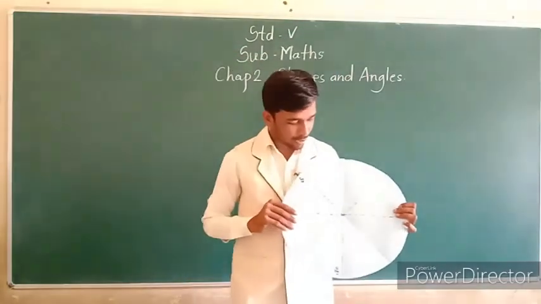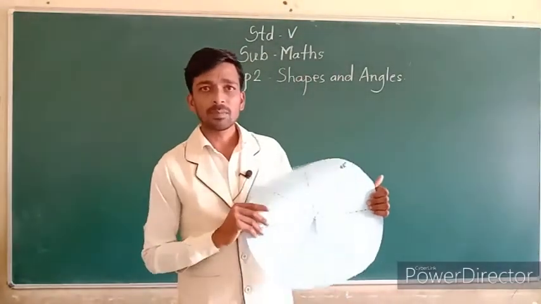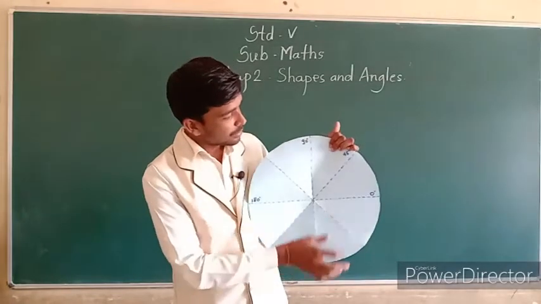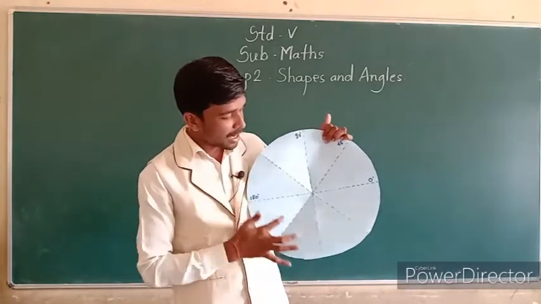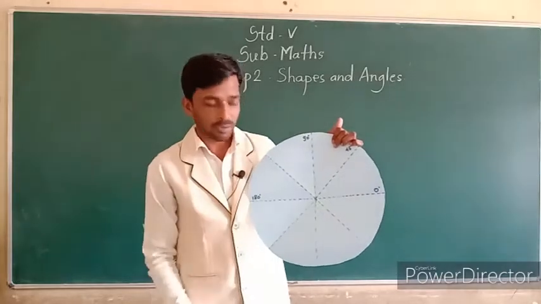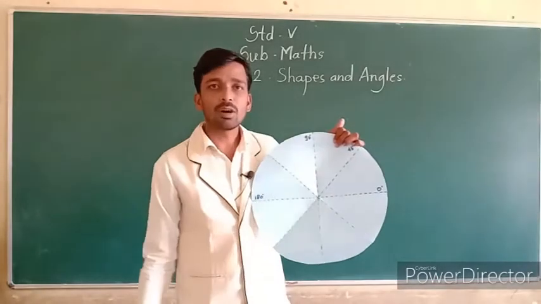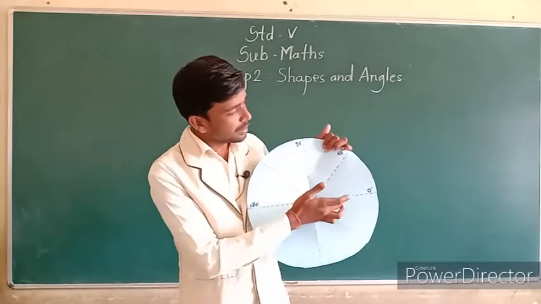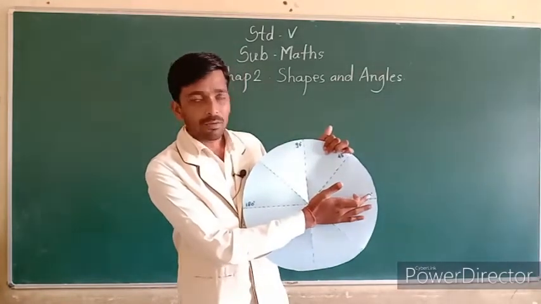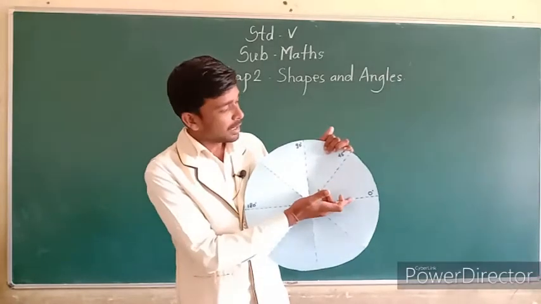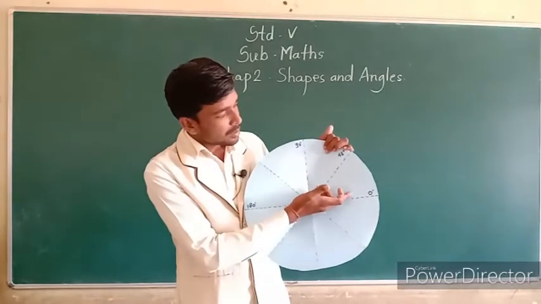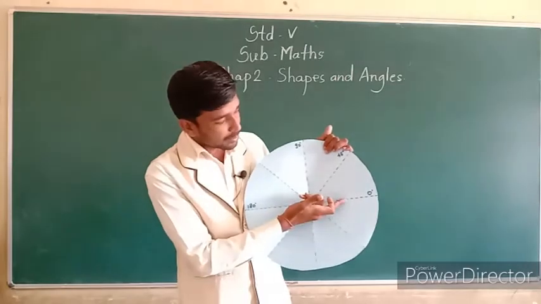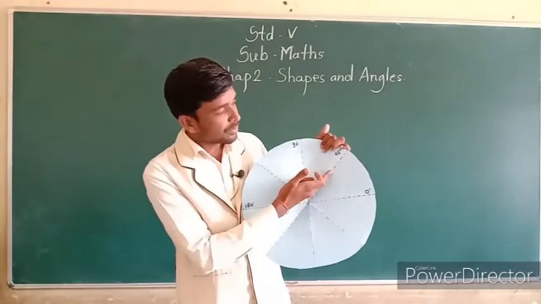See, I will draw that. Okay, in this how many parts are there? 1, 2, 3, 4, 5, 6, 7 and 8 parts are there. I will draw that using a dotted line. Also you can mark with any line. First I will draw here 0 degree. Then for the second line, from this 0 degree, this is the first line.